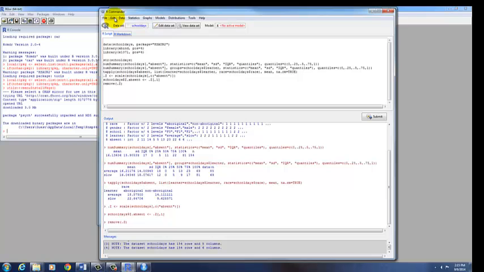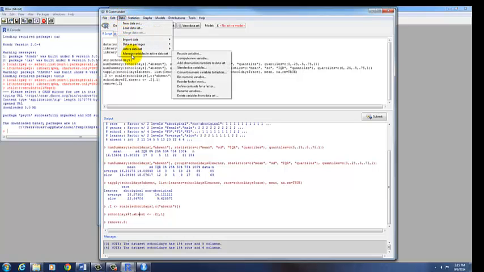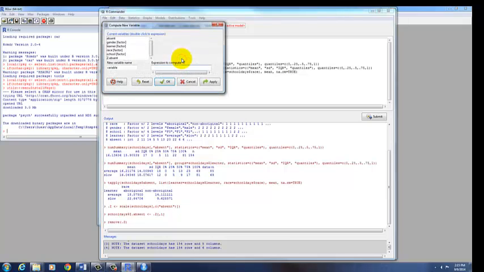You can go to Data, Manage Variables and Active Data Set, and Compute New Variable. So you can write in the equation and it will do what you tell it to do. So in this case, we want our new variable to be t.absent, and that's going to be 50 plus 10 times this z variable that we just created. And remember from what we did in class that if you want to create a new standard variable, you start with the new mean that you want and add to that the new standard deviation times the z-score of the variable that you're interested in. So we click OK,